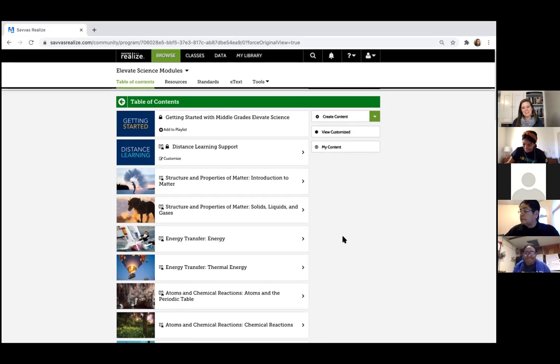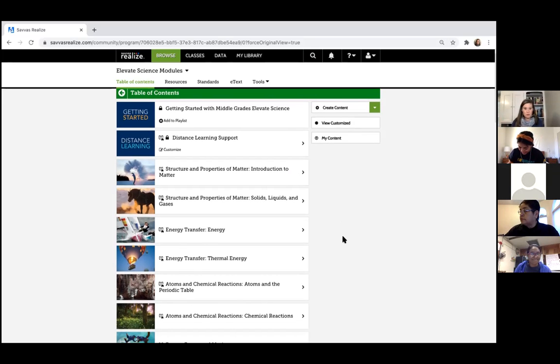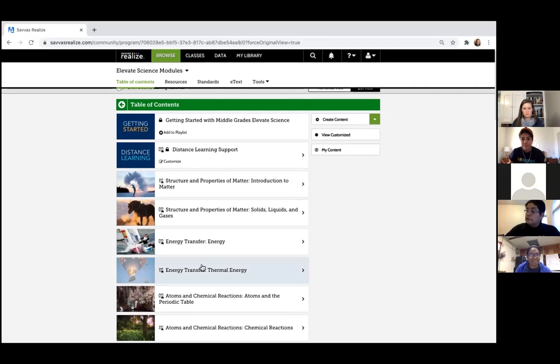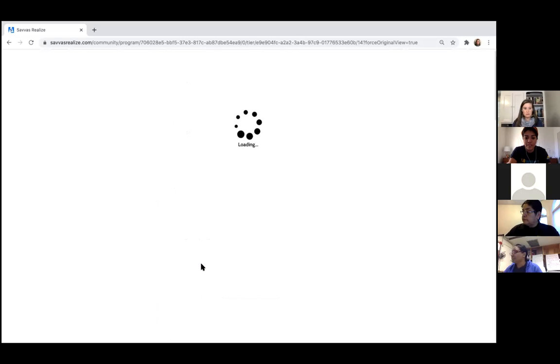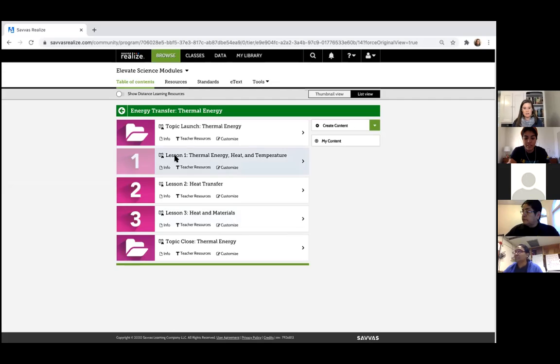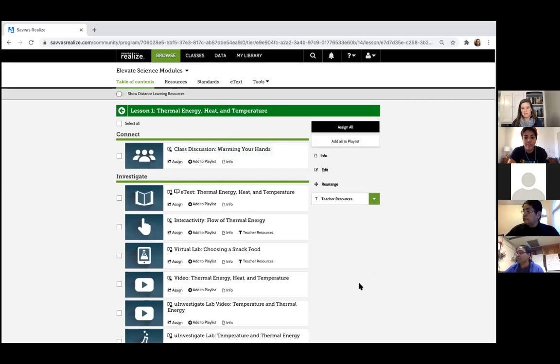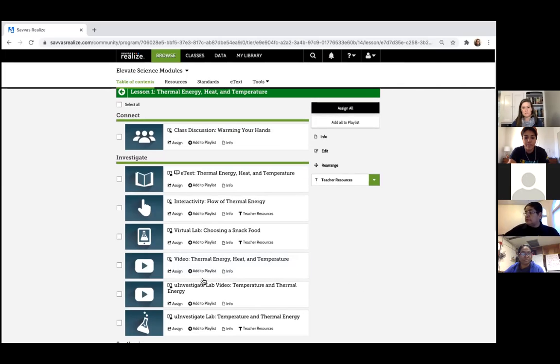So assigning work, I'll go through that step first. And if anything else, I can actually open up a student account so you can see what they're going to see. But if I go here, I'm just going to assign a quick video because it's going to be the same no matter what it is you're wanting to assign. So I'm going to assign this video